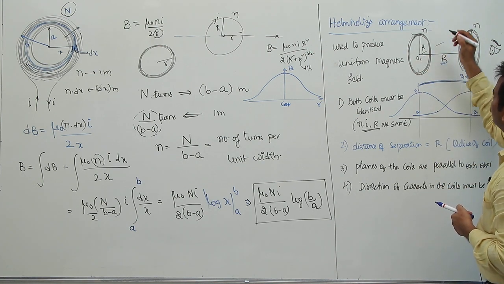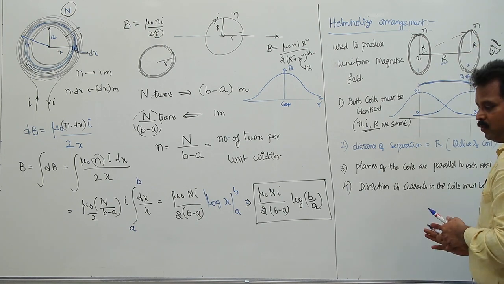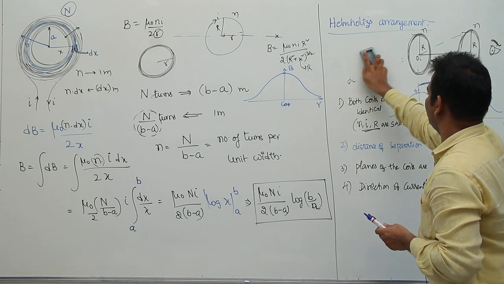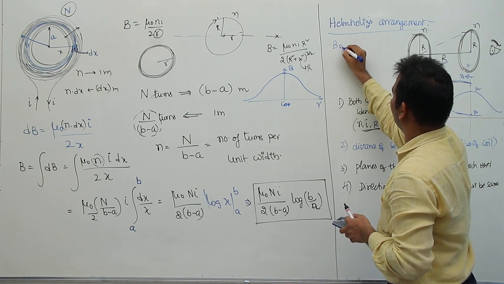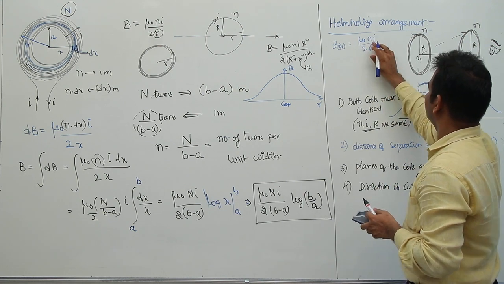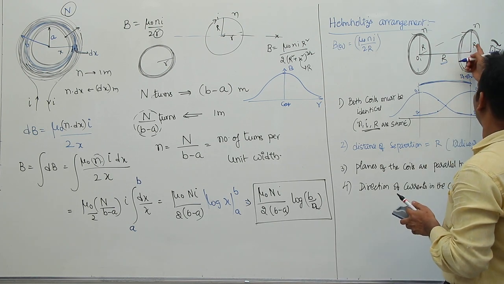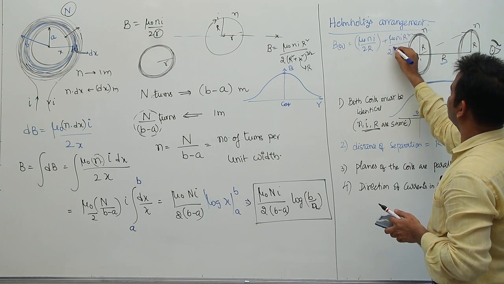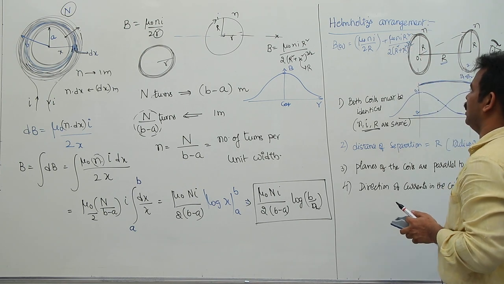So O1 is the magnetic field due to the center of this coil plus the magnetic field due to this one at this point. So I am going to find the magnetic field at the center of the first coil and the magnetic field at the center of the second coil. This is the magnetic field at O1, which is given by mu naught N I by 2R. Here I am writing capital R. And the magnetic field due to this one at this center will be mu naught N I R square by 2 into (R square plus x square) whole power 3 by 2. This will become R only.